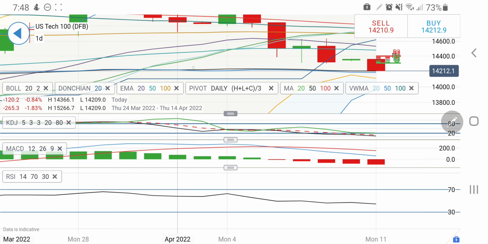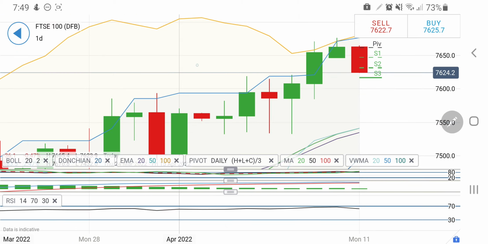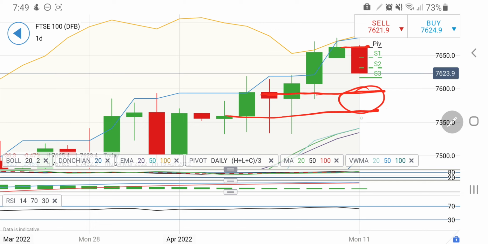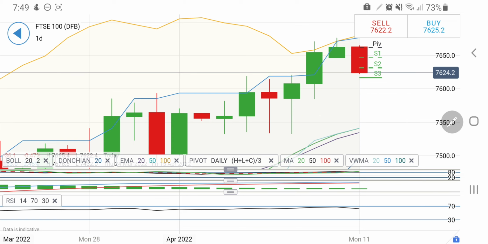Now let's have a look at UK100. See, UK100 is the only bullish thing in the whole world, and today it is showing a red candle. Now it is looking forward to 7,580 and then 7,560 levels. These two levels are important, and then 7,540. The zone between 7,580 and 7,540 is important. At the same time, 7,660 is a good resistance zone for UK100. Any long is only recommended above 7,660.